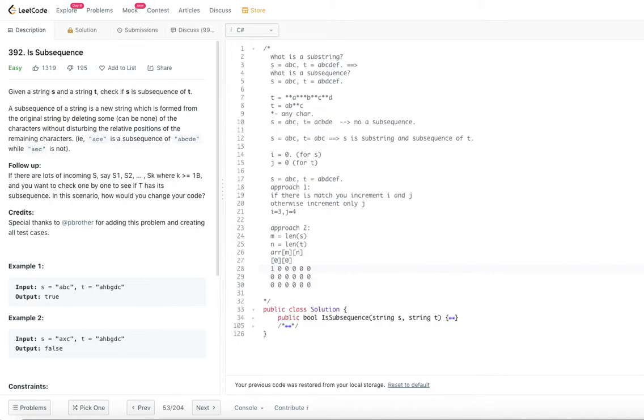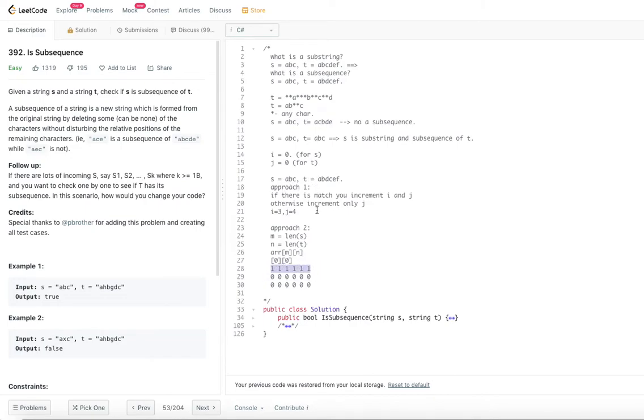Let us continue doing that until the first complete row. That means we are comparing the first character of S with each character in T. There is no real match further along, but if S is just A and T is ABC, the subsequence length is 1. So whatever the subsequence length so far, we replicate it. That is our first row filling.